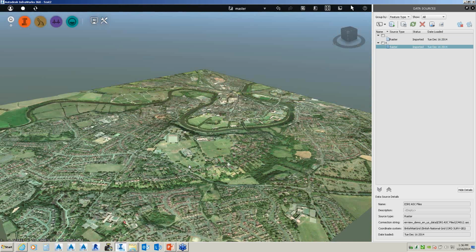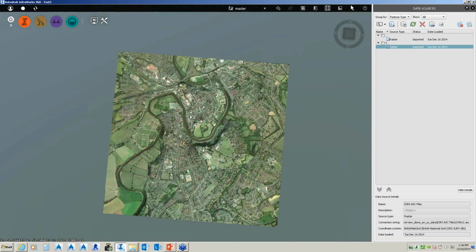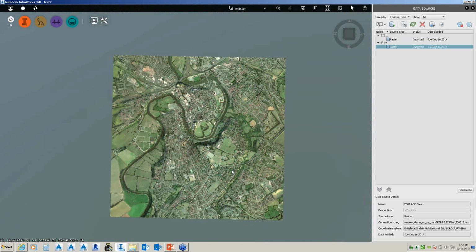So a lot of functionality. It's really, again, how do we get this idea across to stakeholders in reference to data, that we create these quick concepts? How do we know what a site's going to look like if we don't design it first? InfraWorks allows us to create these imaginative visualizations so we can say, this is what the site will look like.